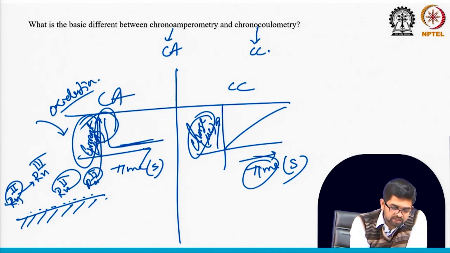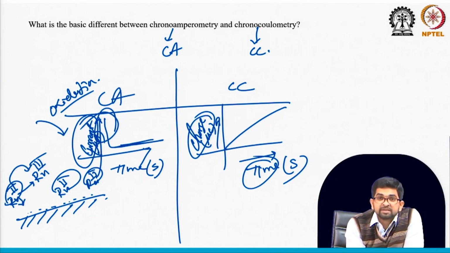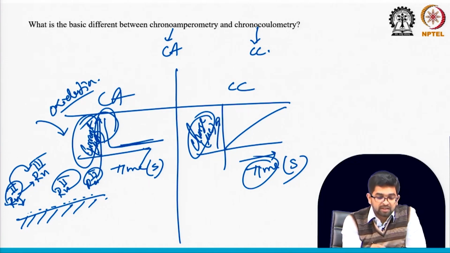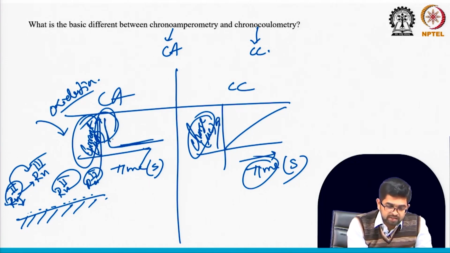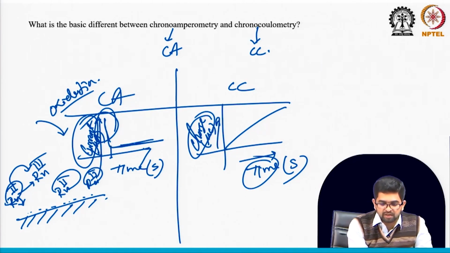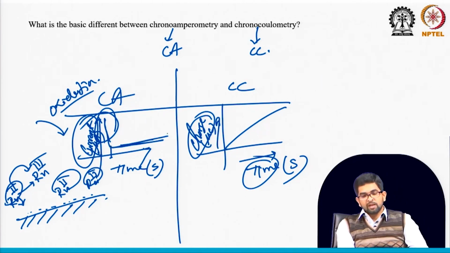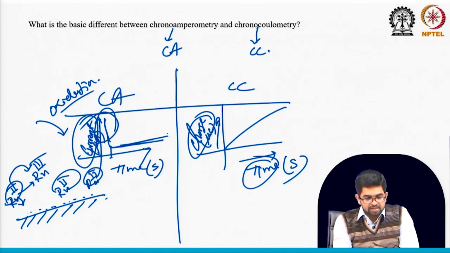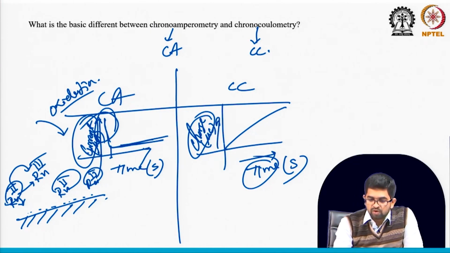Now ruthenium-2 concentration decreases because ruthenium-2 is converted to ruthenium-3, and the current will decrease. After some time, maybe within 6 seconds or 10 seconds, there will be equilibrium of the 2 and 3. Then you will get almost stable current. But in the chronocoulometry case,